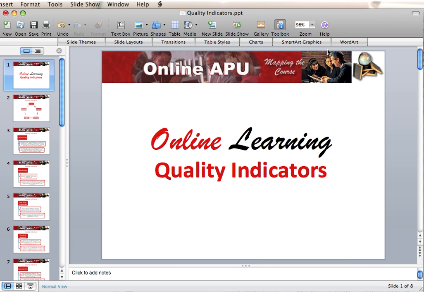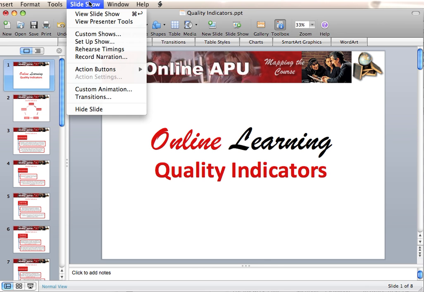And you would do so by clicking in your slide navigator here on the slide in which you want to add narration, and clicking on the slideshow menu and choosing record narration. Now, although the menu may look different on a Mac than it does on a Windows PC, this feature is definitely there under the slideshow menu. So choose that,